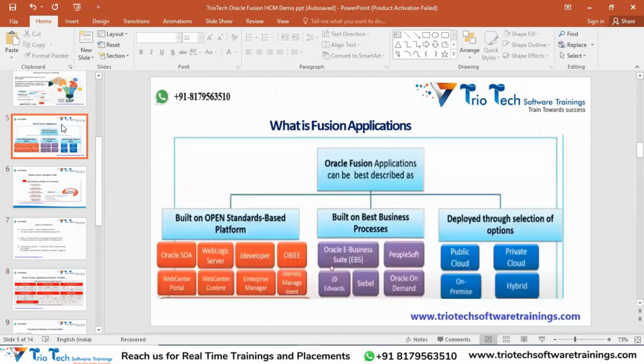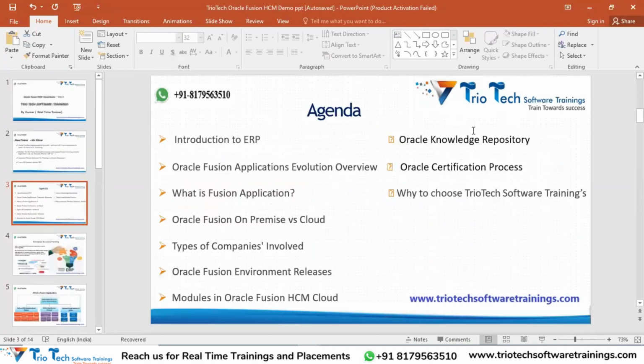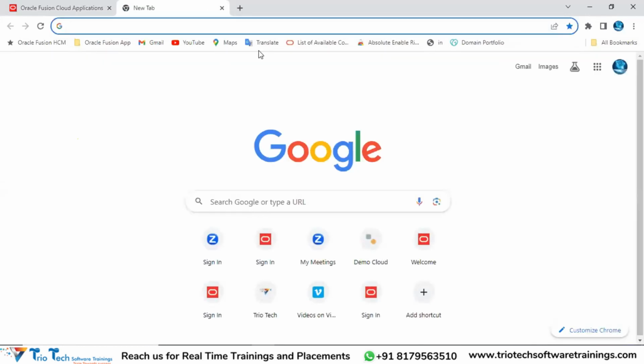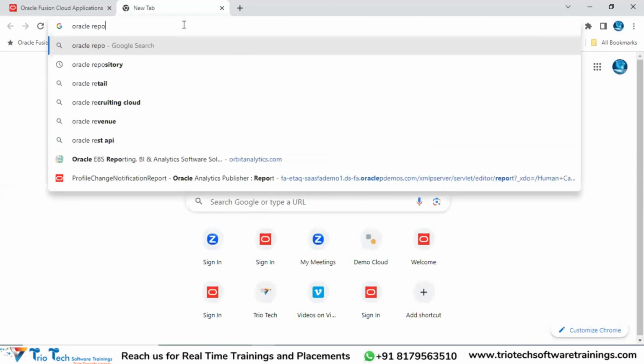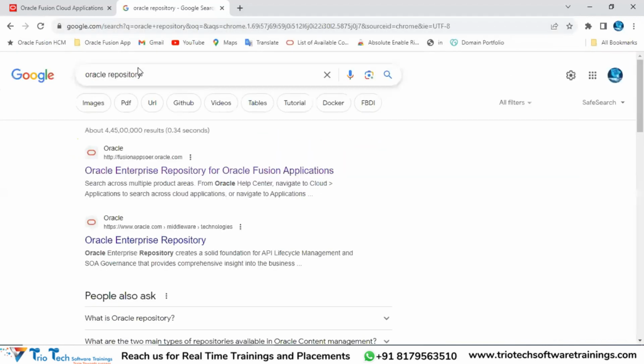Now let me move on to the topic of knowledge repository. Kumar, where can we find the documents that Oracle provides if we have to learn something, if we have to study something on our own, where do we have to go? Just go to your internet, team, any browser, Google Chrome, Firefox, Internet Explorer, anything, just type Oracle repository. The moment you type these two words, the very first URL that will come is